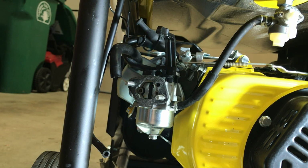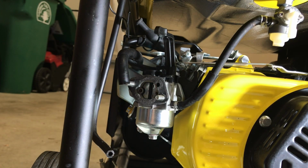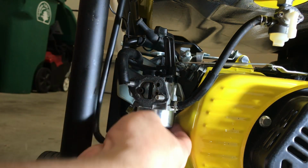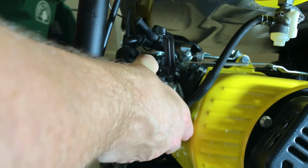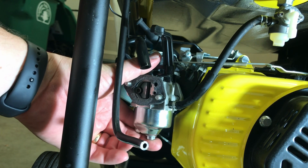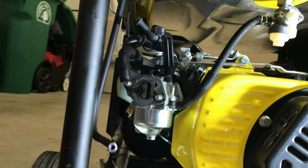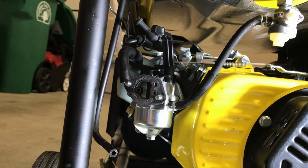And what else we got? So we have some connections up there, but I had to order some parts. So I'm going to wait. I'm not going to pull this off until tomorrow when my parts come in. But as you can see, this whole carburetor will come off. It's just sitting on there. It's loose. Some of the things that I'm waiting for, or the one thing that I'm waiting for, is